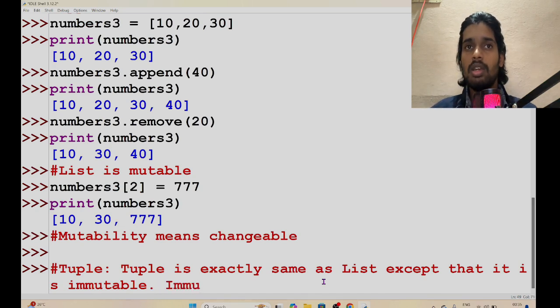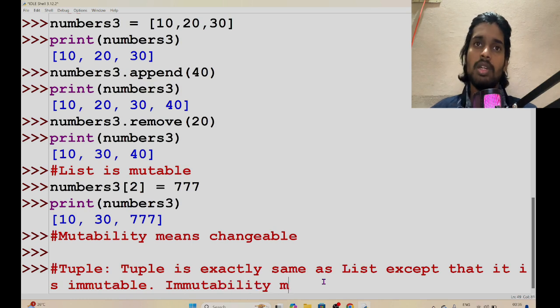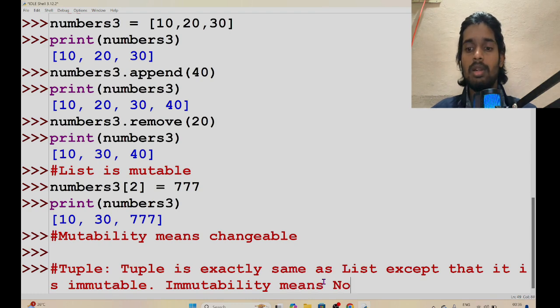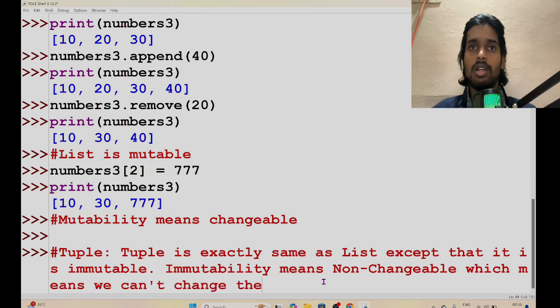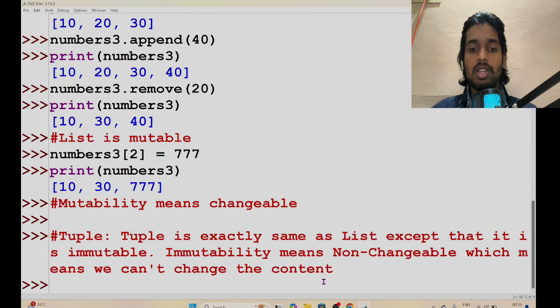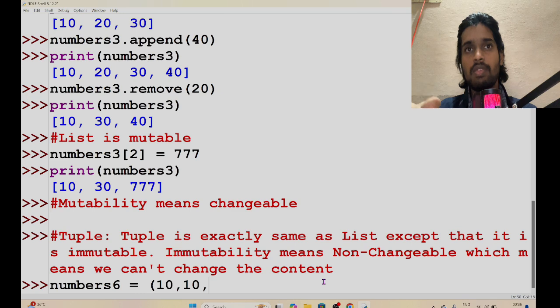Immutability means non-changeable, which means we can't change the content. I hope the spelling is correct. Let's see if it is valid or not. I'm going to see first if all the characteristics of list work in tuple or not, and then we will see if the immutability concept is applicable. So 10, 20,